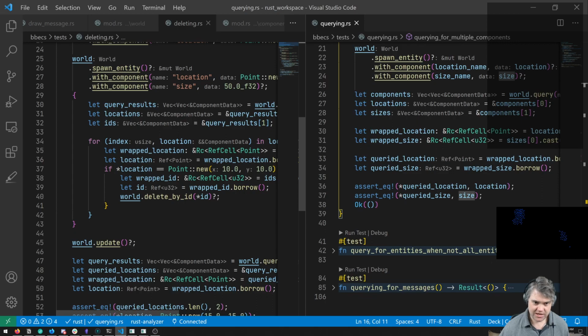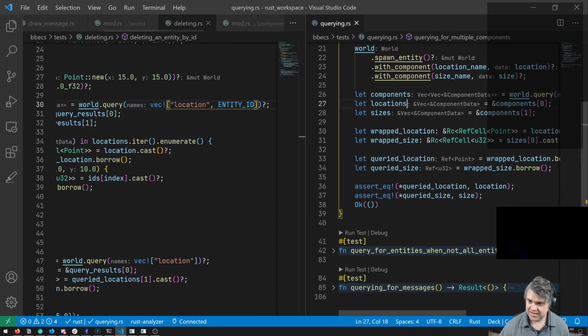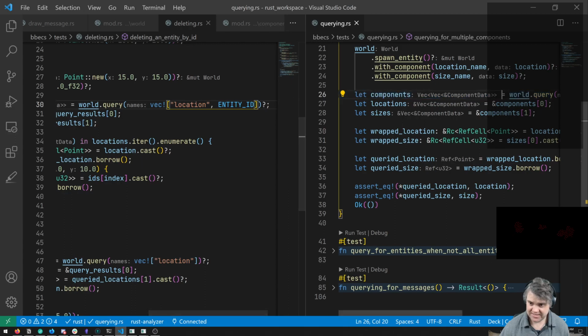Then we have a block where we do query results, where we get location and entity ID. And so here's our query location and the size in this case.